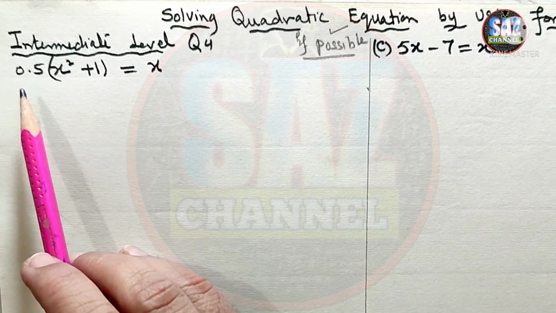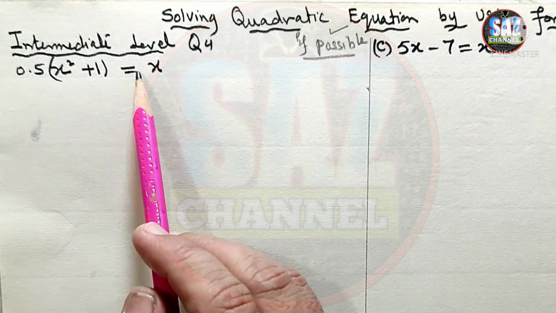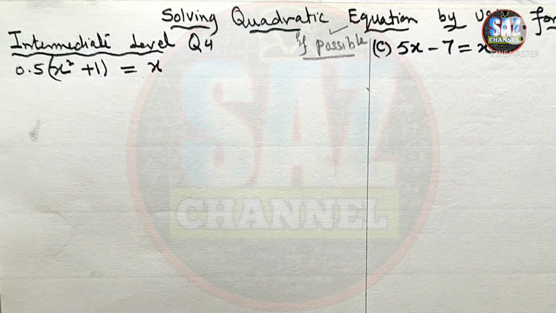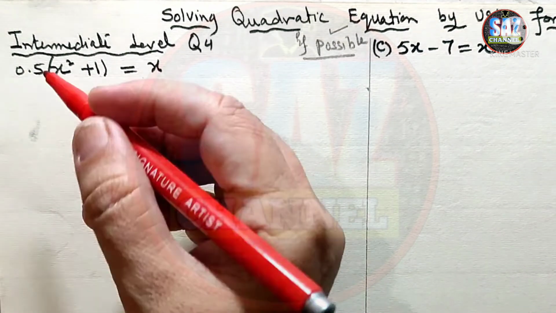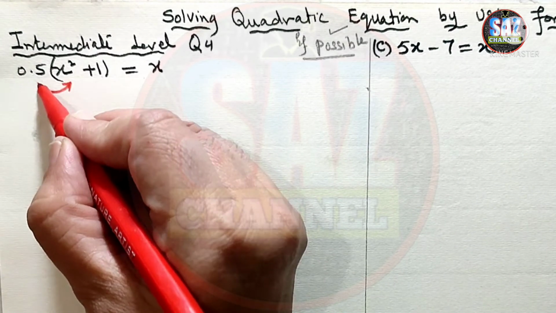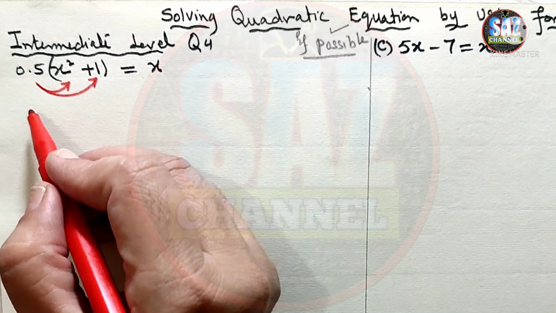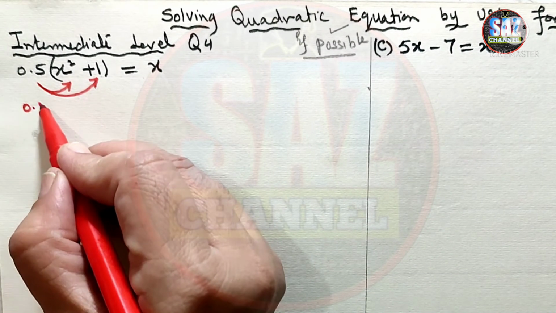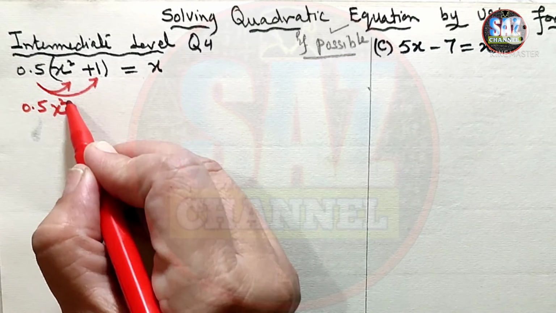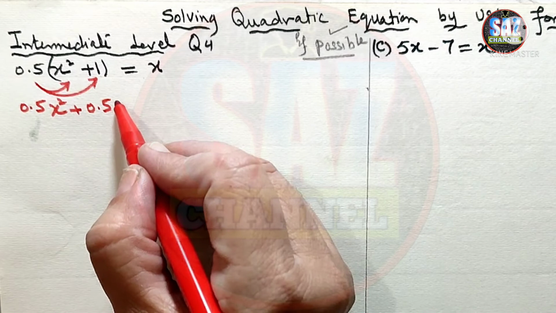So let's move to the first part of the question, that is 0.5 x square plus 1 equals x. As we know, the quadratic formula is applicable on a standard quadratic equation, and the given equation is not in the form of a standard quadratic equation. So first of all, we have to turn this equation into the form of a standard quadratic equation. So it will become 0.5 x square plus 0.5 equals